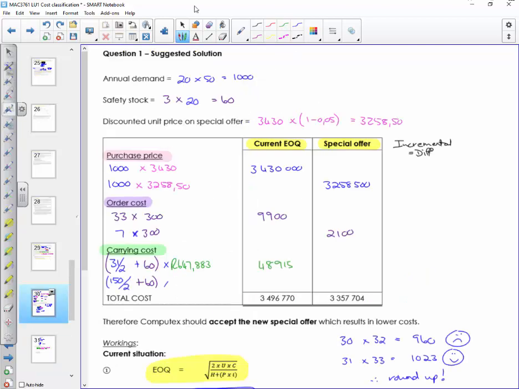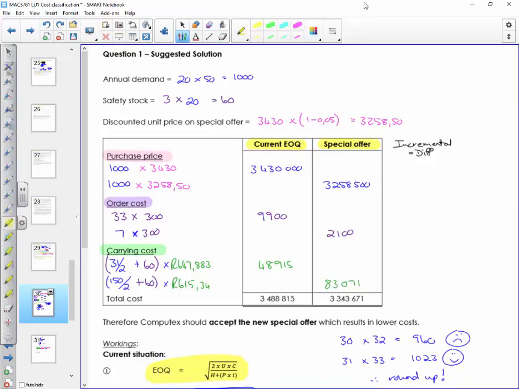Okay, so we multiply with the 615 and 34, give or take cents, and we multiply that with 75 plus 60 is 135, and we will get our holding costs of 83,070.9. So let's just round off, and then we add up all our costs, and we see, right, under the current quantity that we are ordering, it costs me in total the